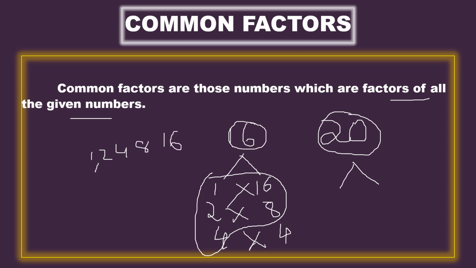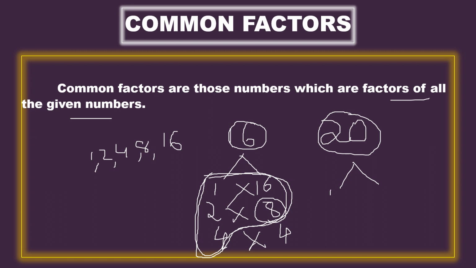This is the process I gave in an easy way. Here 4 4s are 16. After 4, 5 is there, but in the 5 table 16 will not go. In the 6 table also it doesn't go. Next is 7, then 8. We got 8 here already, so there is no need to find more factors. Once the number has appeared before, there is no need to check whether there are still factors or not. So these are the factors of 16.